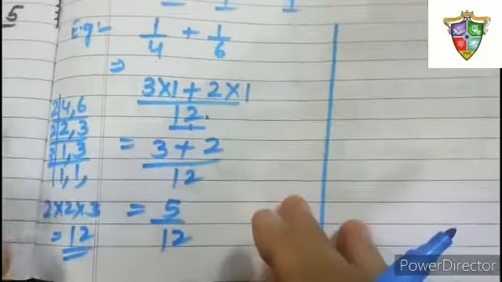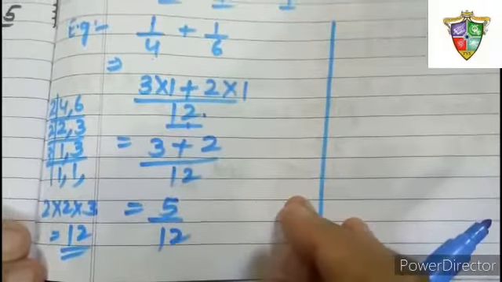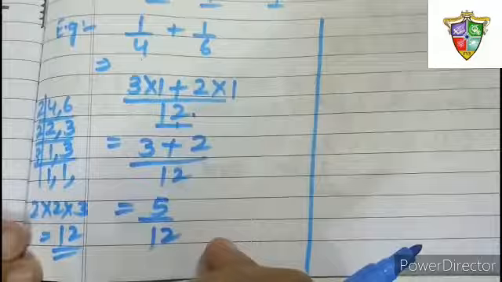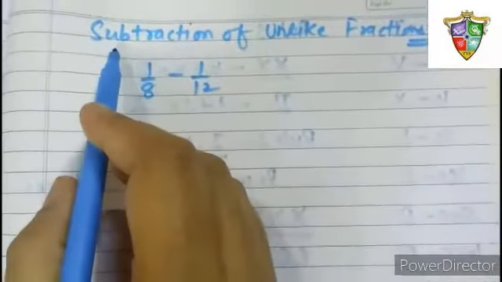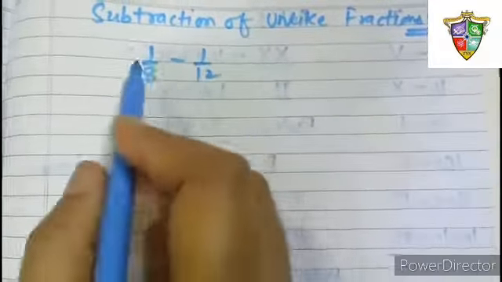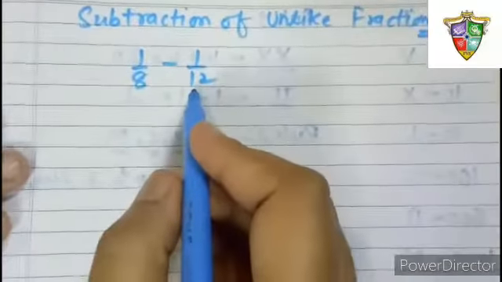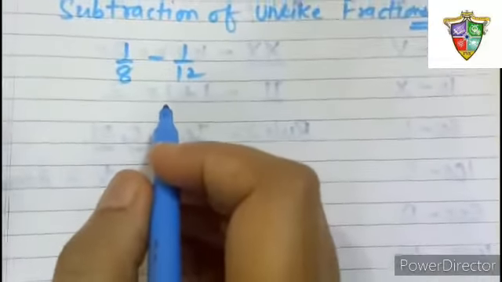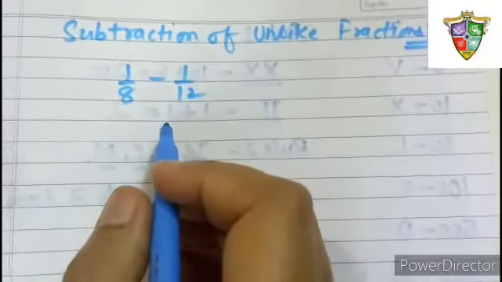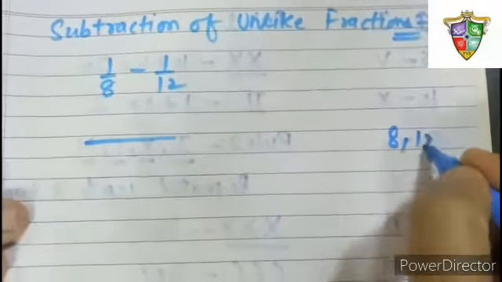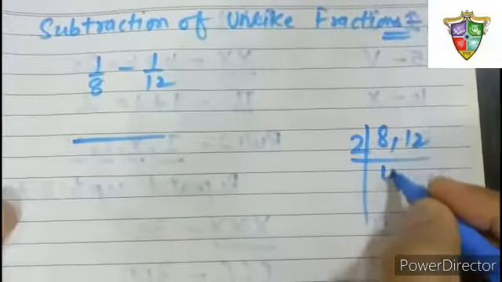So in this case, what we have done is we have converted the unlike fractions into like fractions, and then added them. Now I will explain the subtraction of unlike fractions. Here I have taken another example, 1 by 8 minus 1 by 12. Whatever process we did in the addition of unlike fractions, we are going to repeat the same process. So first of all, take the LCM of 8 and 12, dividing by 2